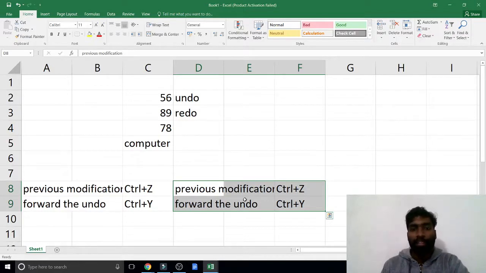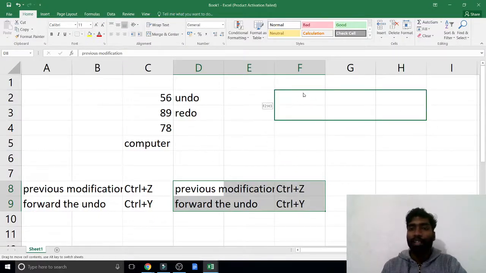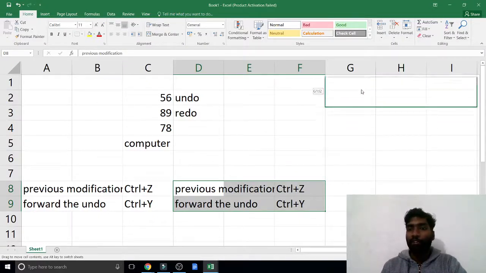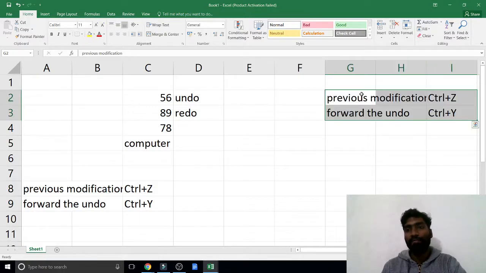This is one method. And moving data by using drag. How? Now I selected the data. Now move your mouse cursor to the border. Now it is turned into a four-headed arrow, correct? Now click, drag. Wherever you drag, it doesn't matter. Now I am releasing my mouse. Over. Now it is moved. It is called moving data.